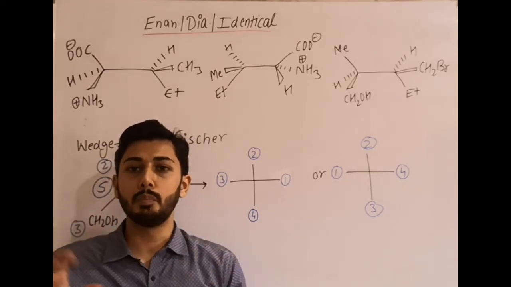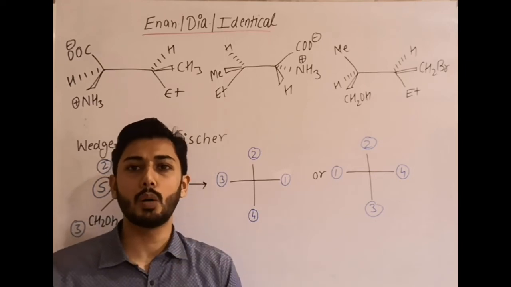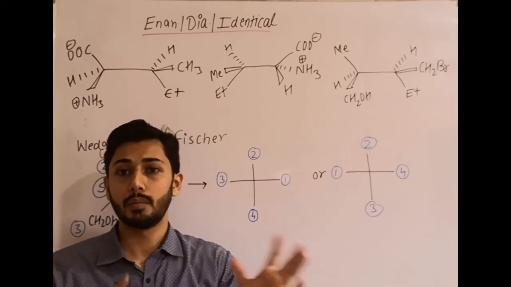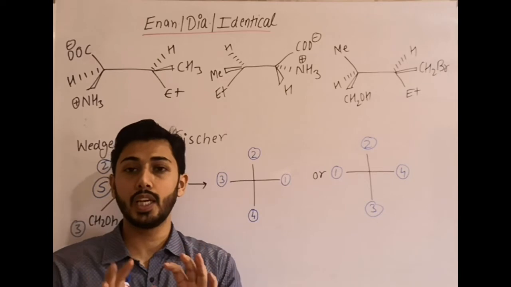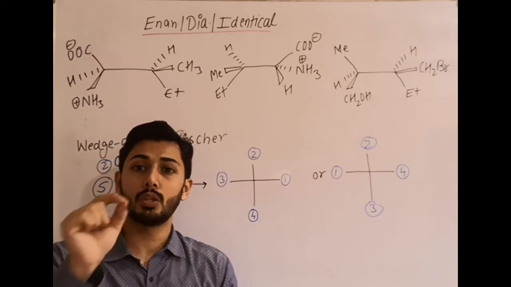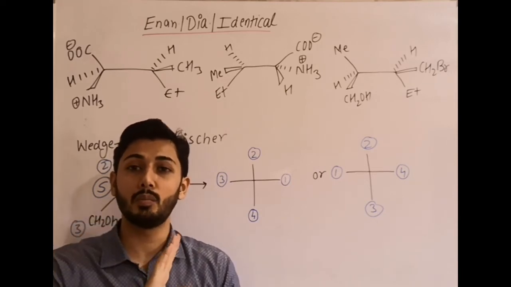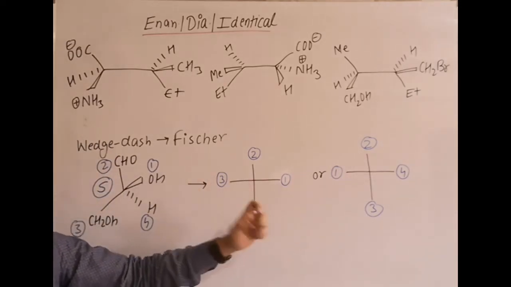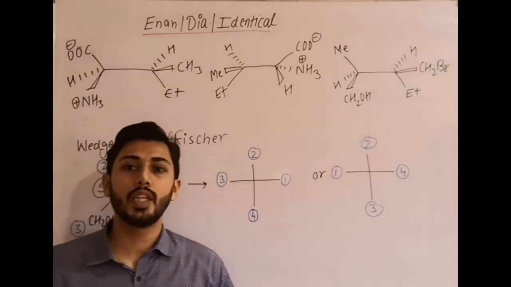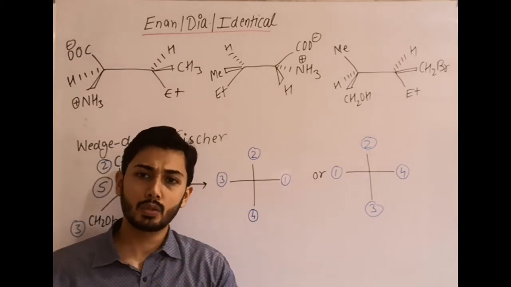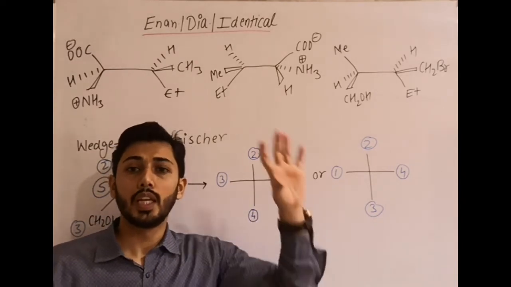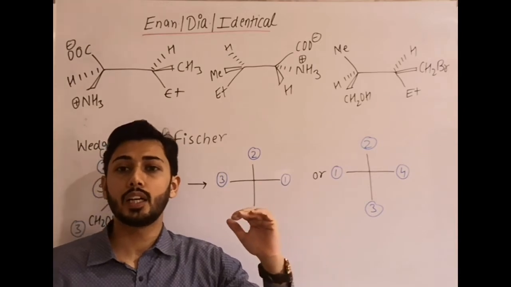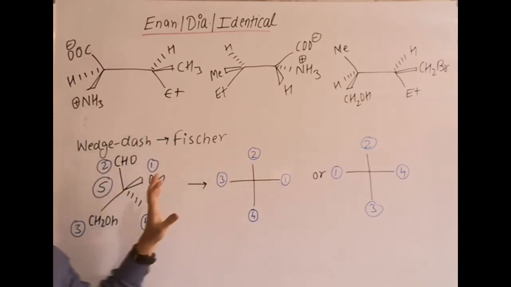In the options, maybe merely by looking at the option, you feel that it is different. The structure groups are the same, but they are differently arranged. But the point is, if it is also S configuration, that means the given molecule and the option are identical. So always the most accurate way is to find the RS configuration and put the groups in such a way that the configuration matches with the original molecule.